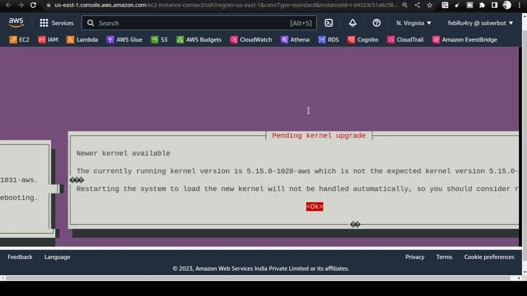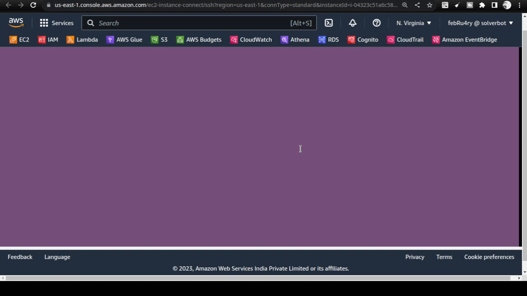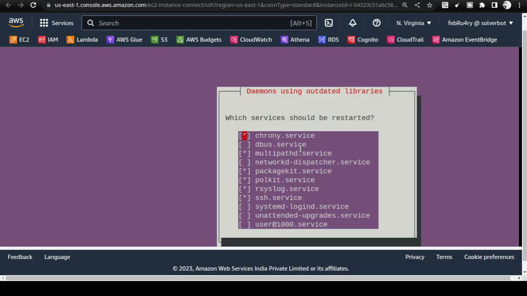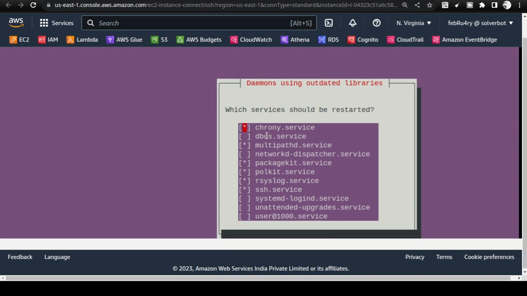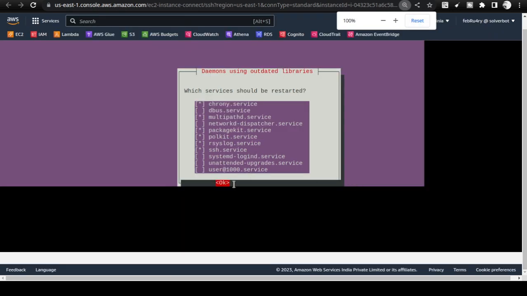Once the basic upgrade is done, you will get this kind of a warning about the pending kernel upgrade. You just have to press the space bar on your keyboard. It will continue, and after that it will again ask for the update. If you scroll down a bit, I am going to make this a little more visible to everybody. If I make it smaller, you will see that it is saying okay. So click on okay,